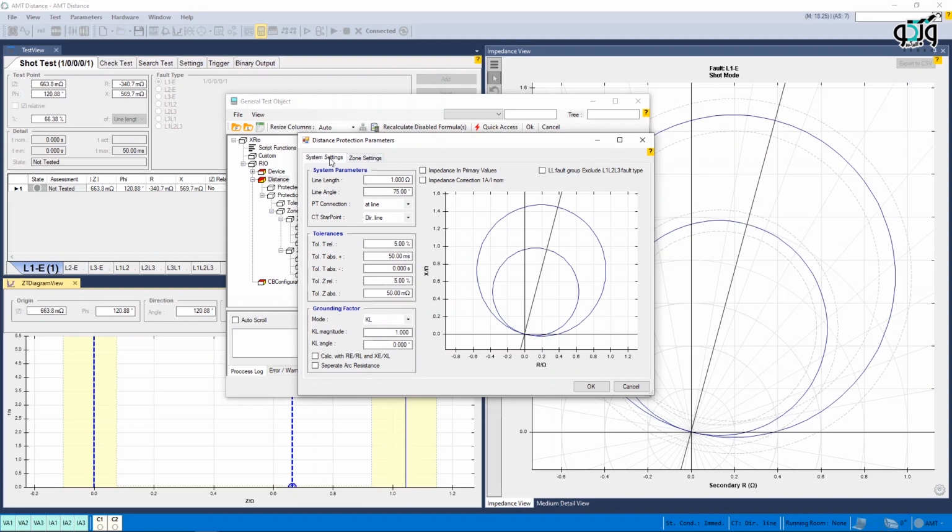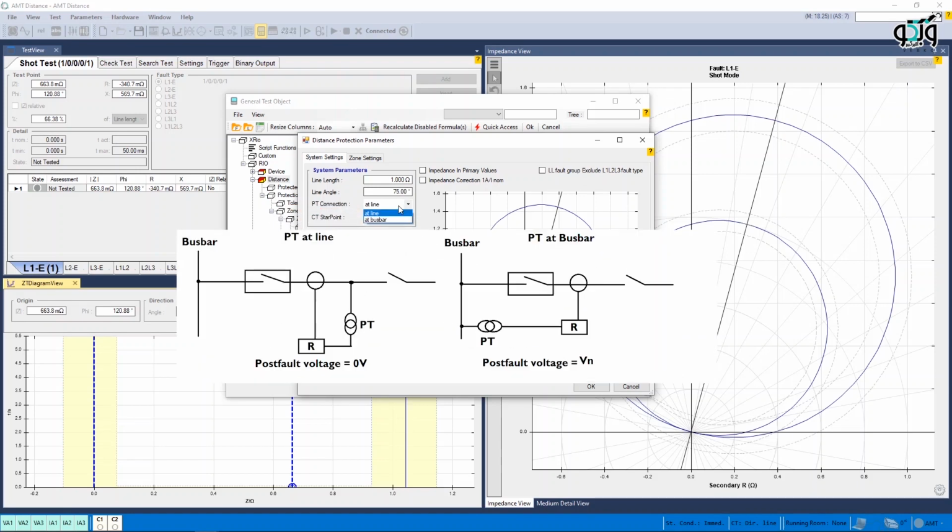System Settings tab. The characteristics of the power system are entered in the System Settings tab. In the System Parameters section, the length of the line is entered in terms of ohms in the line length field, while the angle of the line is entered in the line angle field. In the PT connection field, the installation method of the voltage transformer is selected from among at line and at bus bar states. The installation method of the voltage transformer specifies whether the voltage exists in post-fault, which refers to the